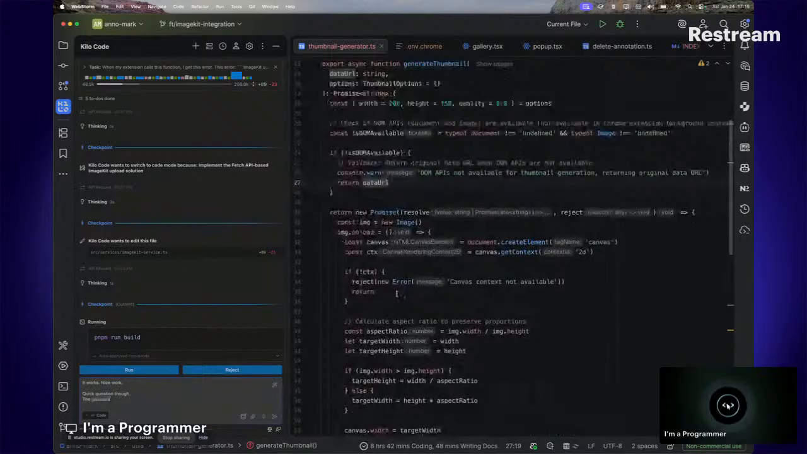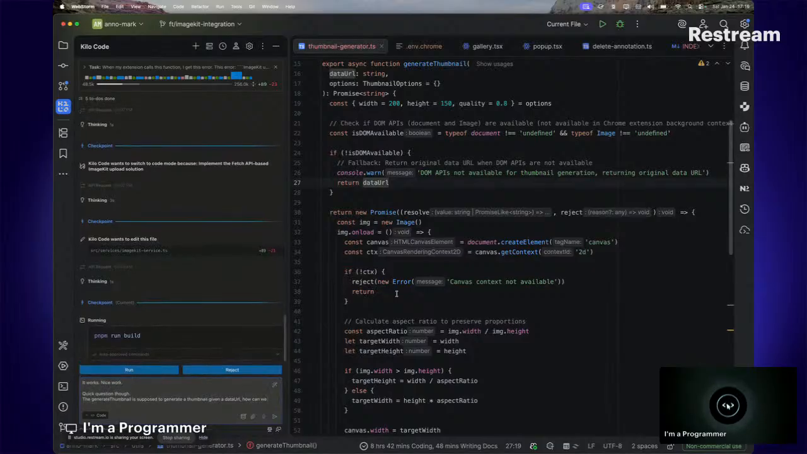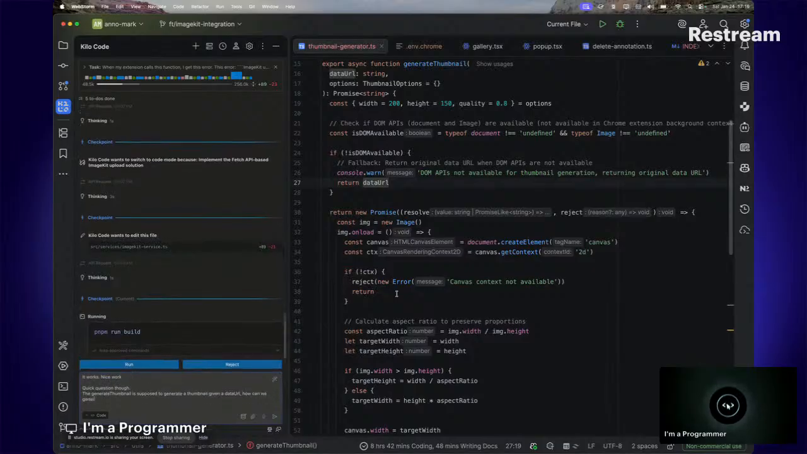Generate thumbnail is supposed to generate a thumbnail given a data URL. How can we generate an image from the